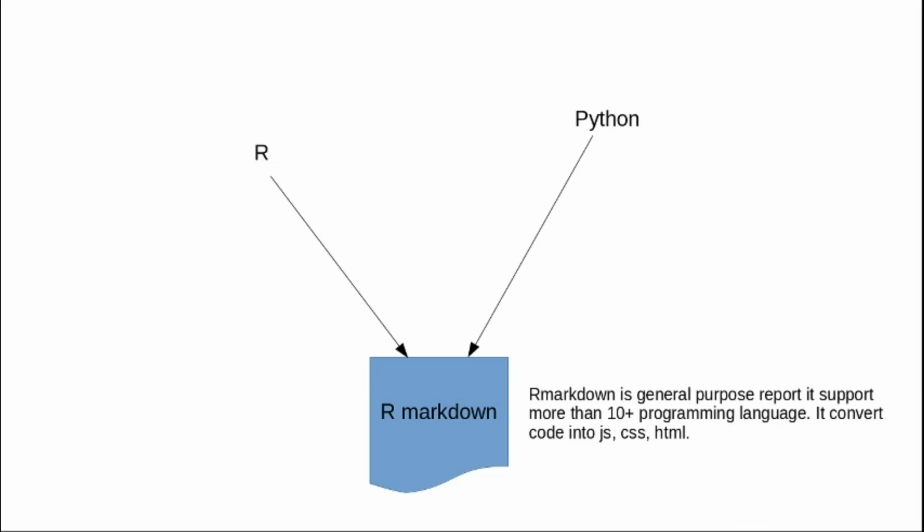If you observe, R Markdown is just like an advanced text editor. With other editors like Jupyter Notebook or Visual Studio Code, you have to create a different file. Suppose I want to use the tidyverse package, I have to create an R file, a .r file. Similarly, if I want to use other libraries like TensorFlow, then I have to create another .py file. But in R Markdown, you can put a mix of R and Python in the same file.